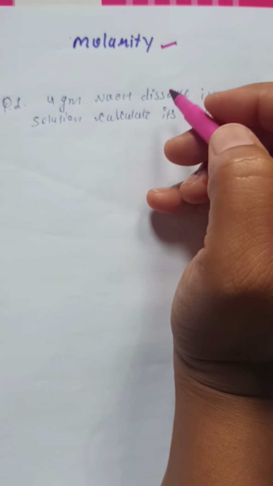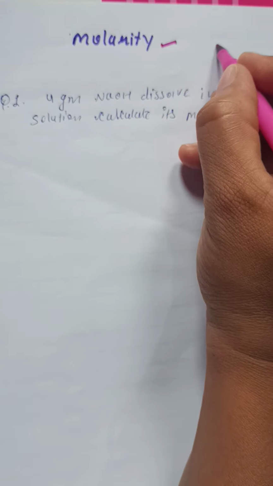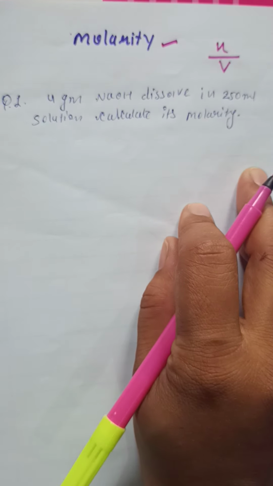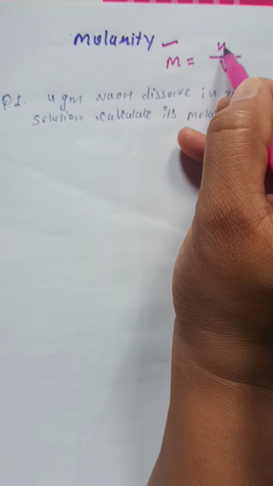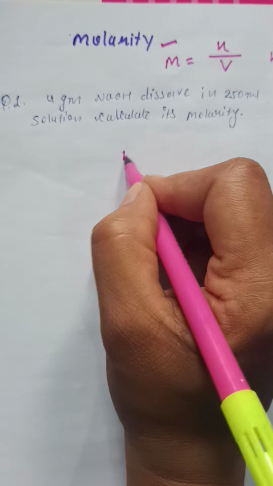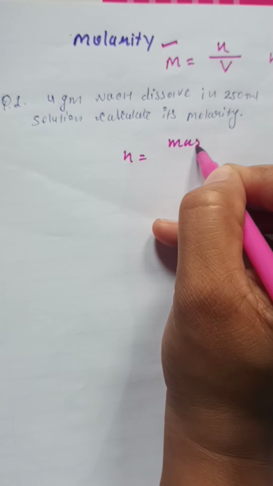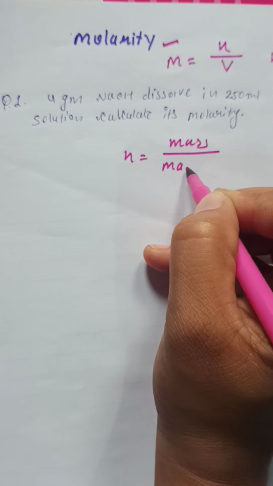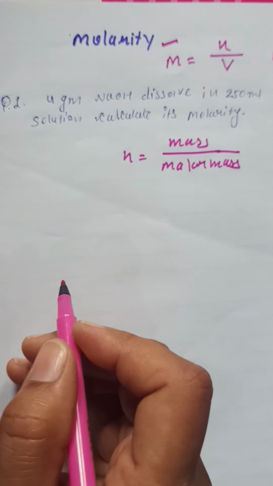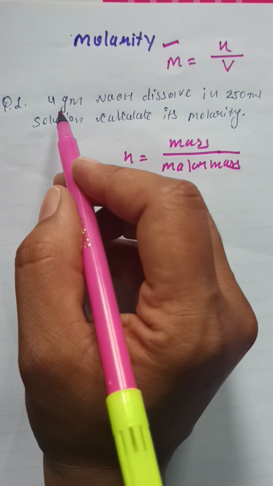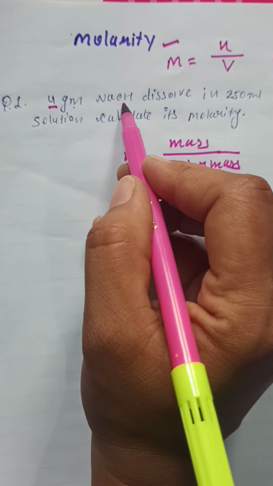All of you know that molarity is the number of moles of solute dissolved in 1 liter of a solution. It is written by capital M, and the number of moles is equal to given mass by molar mass. So let's see, there is a question, and in this question 4 gram of NaOH is dissolved